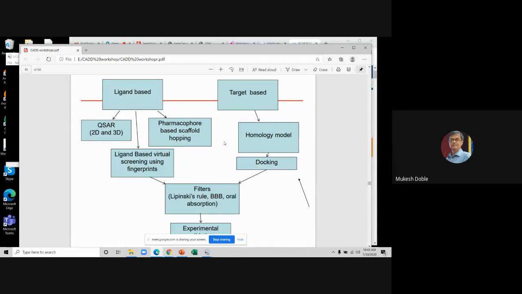protein which has sequence similarity to our protein when you run it in UniProt. We take that, and if the 3D structure of that protein is available, we use that as the template, and then we model our protein. So we get the structure for our protein, that's called a homology model. Once we get the 3D structure for our protein based on some template, then we can dock your ligand to